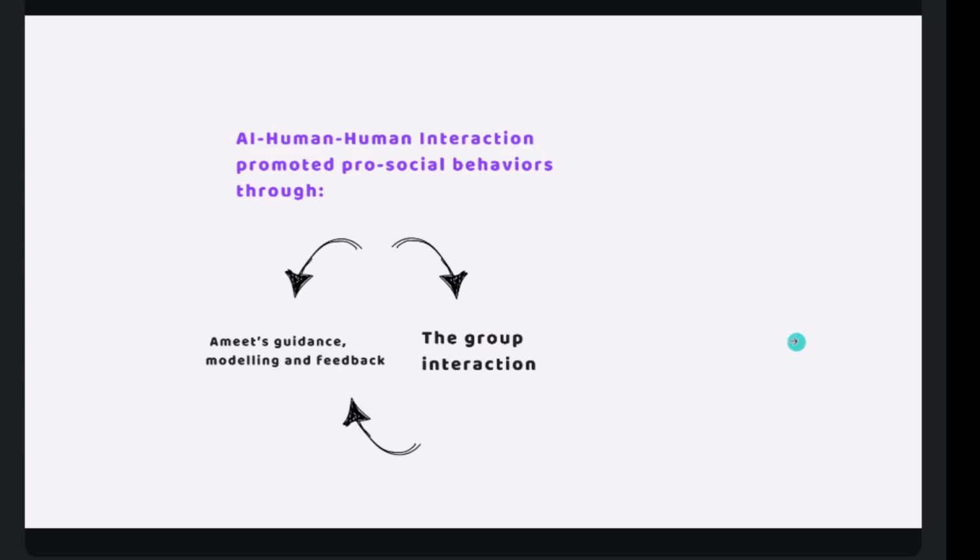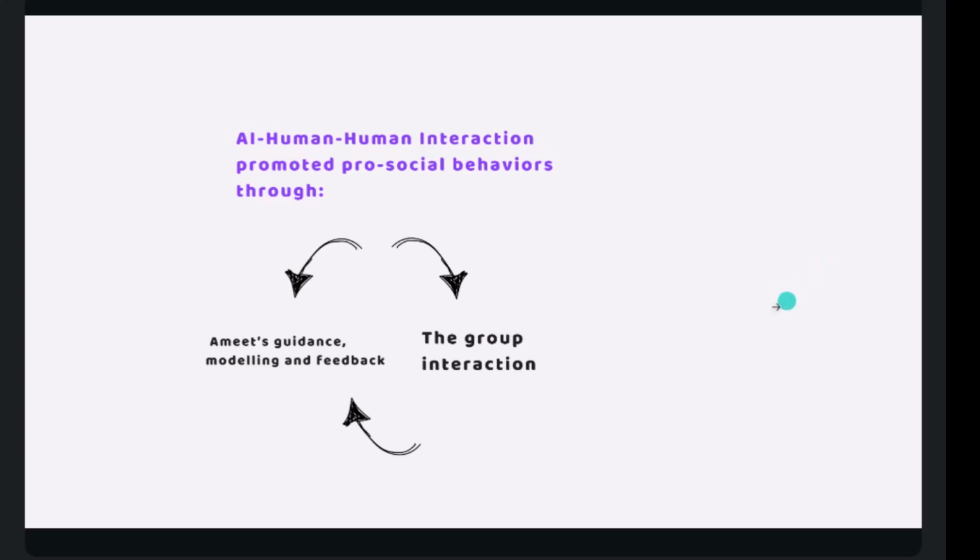And if we use a language model or an adaptive technology that can actually respond to the way kids interact with each other, then we create a feedback loop that just grows that initial tendency that kids have anywhere.